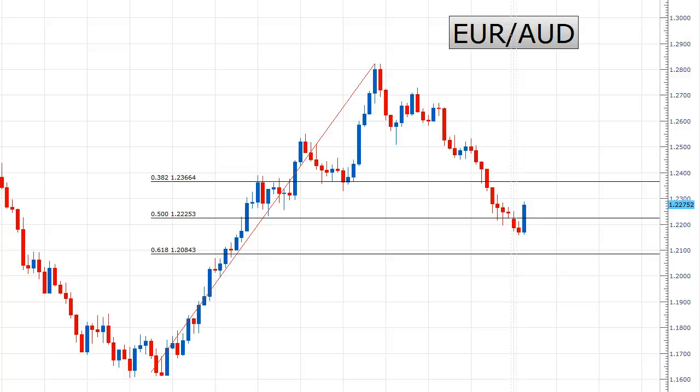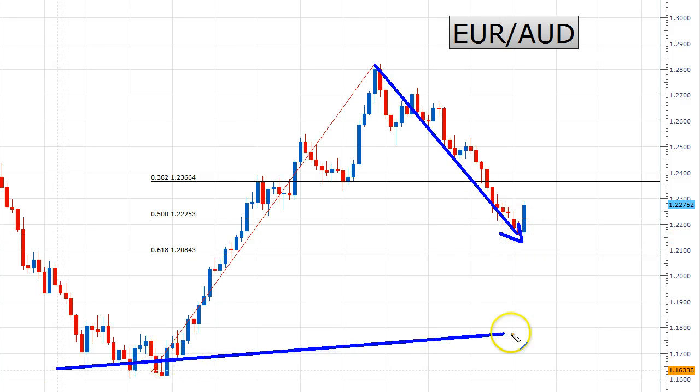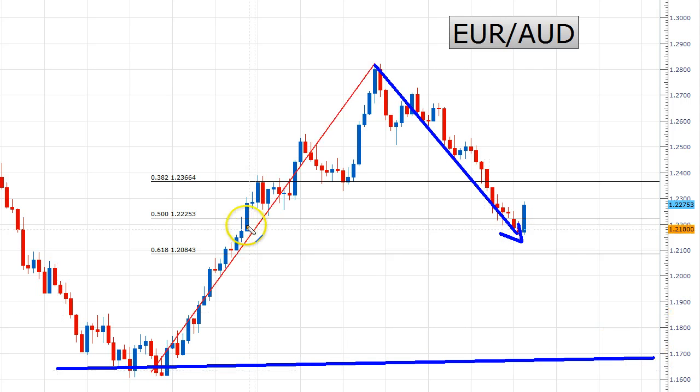Okay, so that balance is really critical, and I think in the EURAUD we will have a short potential here, assuming that this trend or this reversal, I guess, is going to continue and eclipse all the way down to these lower lows, which I think is a pretty high probability assumption based on the long term of this, is that we're going to head all the way back down toward the 116, even 115 area. And so it's just a matter of getting in at the right place to take advantage of that.